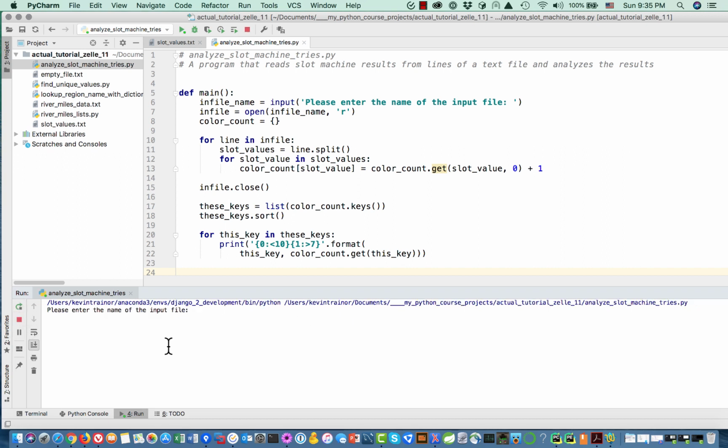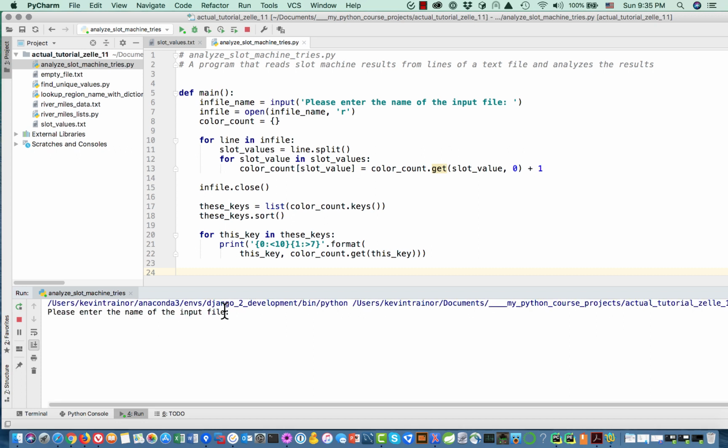Okay, now let's use the proper input file. Let's use, what's it called? slot_values.text. And here we go. First of all, I'm always a little bit impressed when you read 5,000 lines that fast. Okay, and here's what we've got. Well, we've got 4145, 4087,